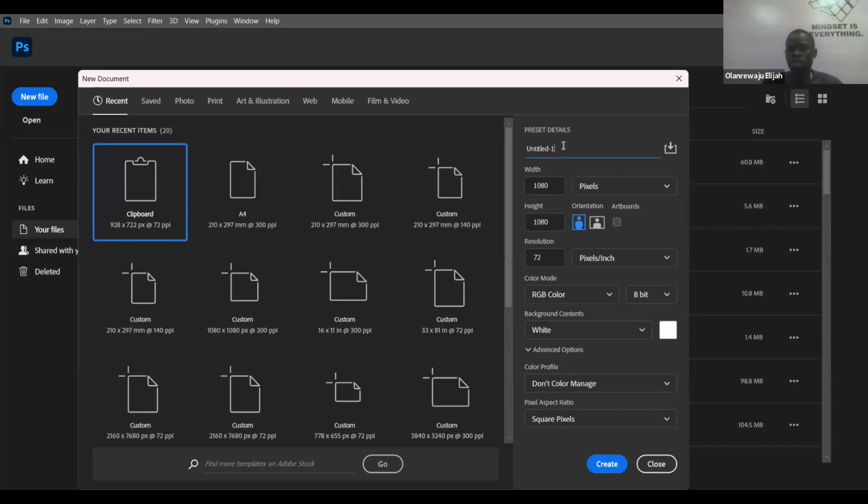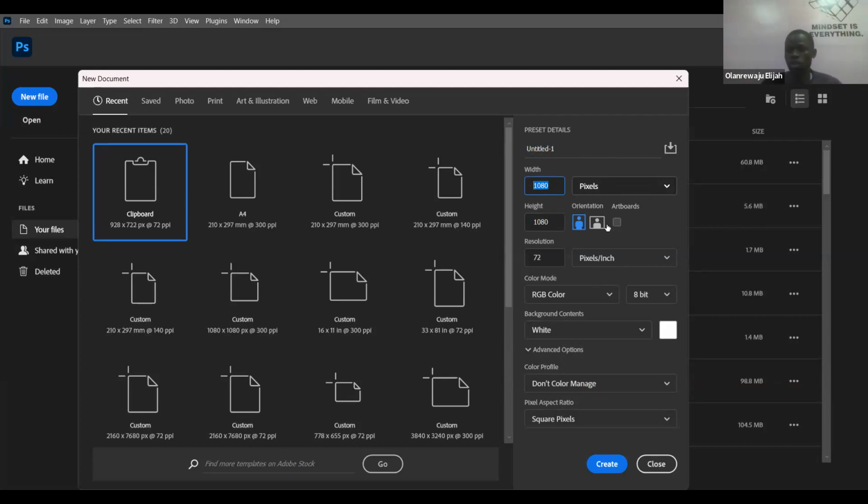What I just do is to give my document the name I want to give it, then the size of what I'm working with, which is width and height. I put it there. If I probably want to design a roll-up banner on Photoshop, what would I do?